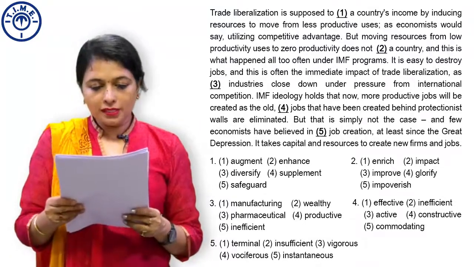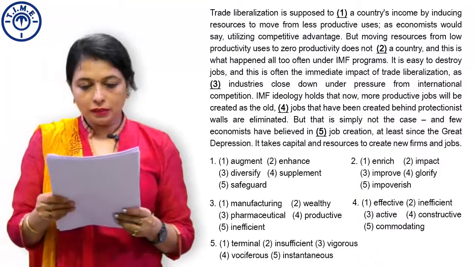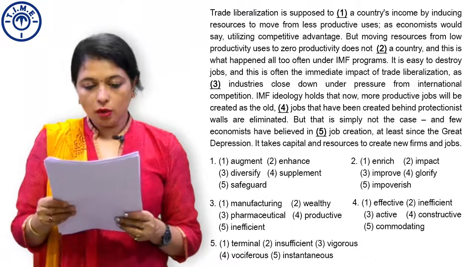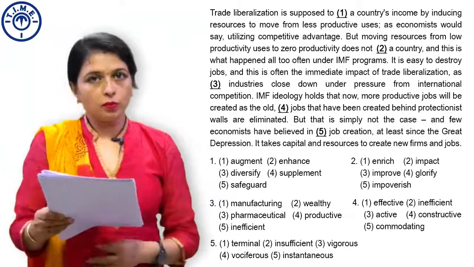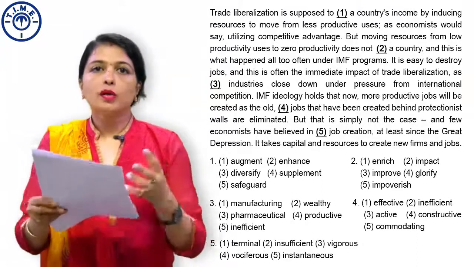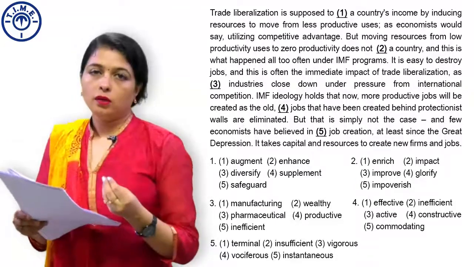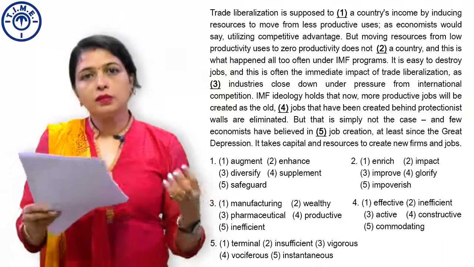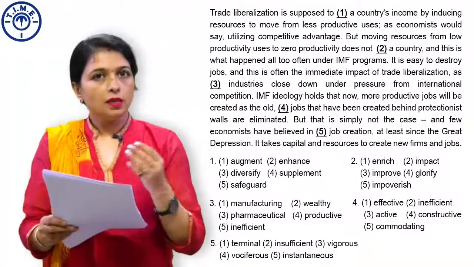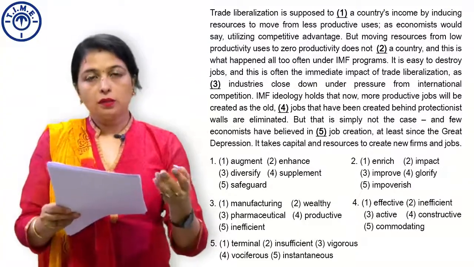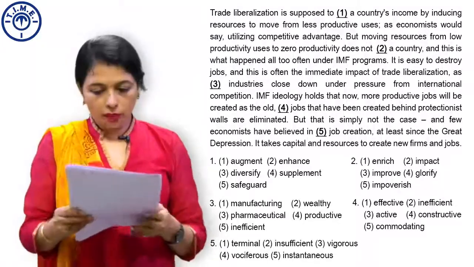So, looking at the next word, augment. Augment is not suitable because the words augment and income do not collocate. Now, I hope you know the meaning of the word collocation. Collocation means a bonding between words. Whenever we use, let us say for example, an adjective and a noun together, we need to also keep in mind whether there is any relationship or bonding or pairing between these two words, and in this case, we cannot have the word augment to go with the word income,